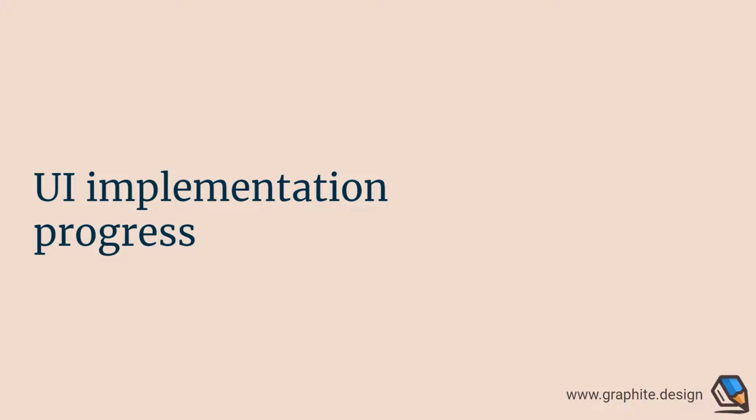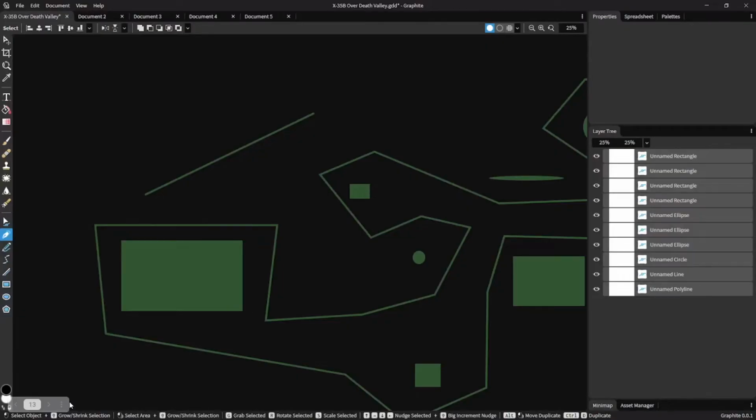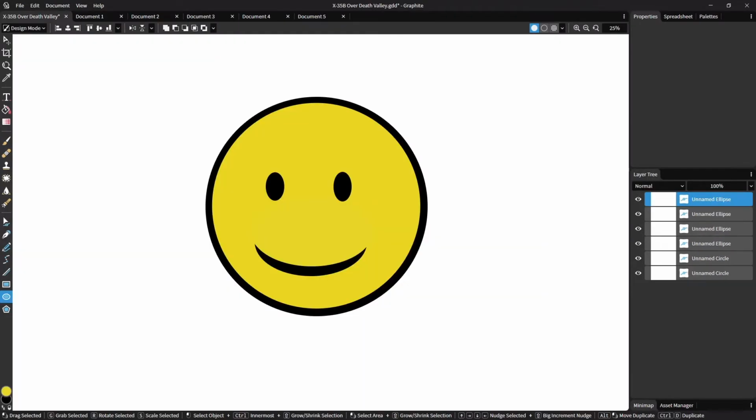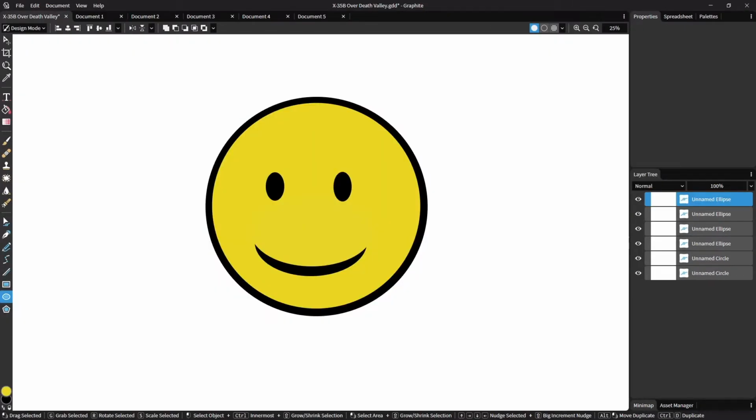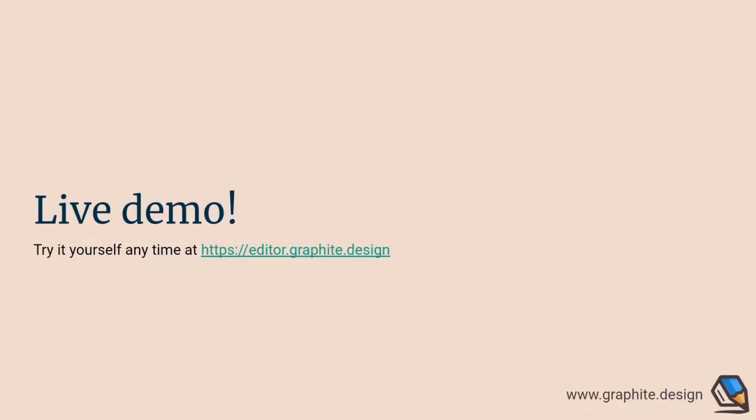All right. And now just a quick comparison from a month ago, a screenshot of the program, and as it is now, a month later. So this is a month ago, and now we have full color artwork, not just a single color, and additional polish in different areas. I'm going to flip back and forth between them a few more times. All right, and we'll see a little bit more now in the live demo.